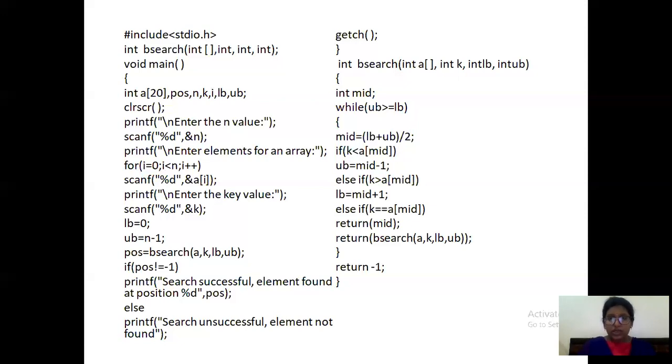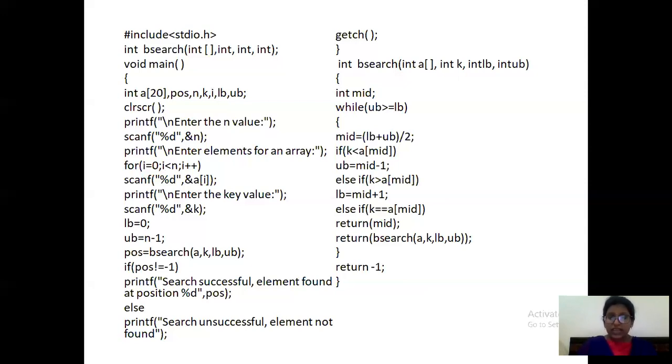How to change that one? If you got the mid value as 2, then 2 minus 1 is what? 1. Now your upper boundary is 1. You need to check, it is not your mid value, so the element will be there in either the 0th index or the 1st index. So you need to change your upper boundary limit. That's why if your key element is on the left part of your list, you need to change your upper boundary, or else you will be going to search the entire list.